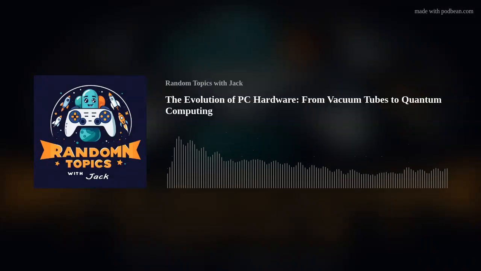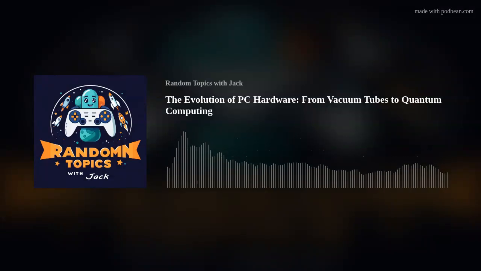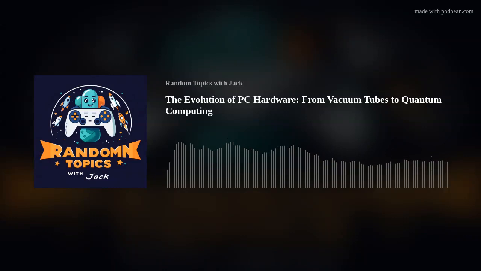Modern PSUs often come with modular designs that allow users to connect only the cables that they need, reducing clutter within the case. Any that don't have that have a loom, which has all the connections already built into the power supply. Certifications such as 80 Plus indicate the efficiency of the power supply, ensuring users can achieve reliable performance without excessive energy waste. This concludes our overview of modern PC components, highlighting the importance of each part in building